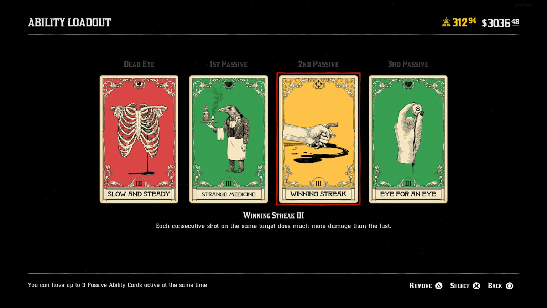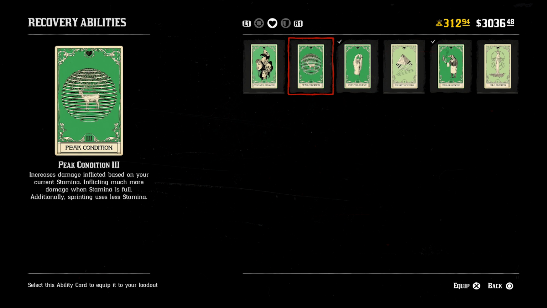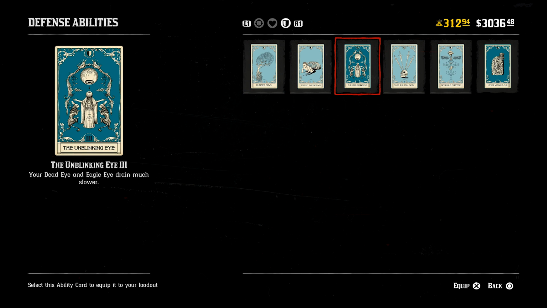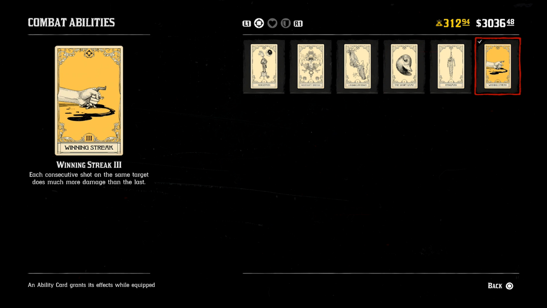And then Winning Streak is also another high level one. So really, the only cards that I recommend buying at lower level is going to be the Painted Black, the Peak Condition, because I run that a lot as well, and Eye for an Eye. And then when you get into the higher level stuff, you can get Unblinking Eye, and then Never Without One. And then this one, Winning Streak, isn't unlocked until much, much, much higher. But I really don't recommend...